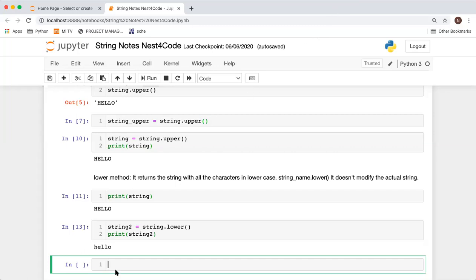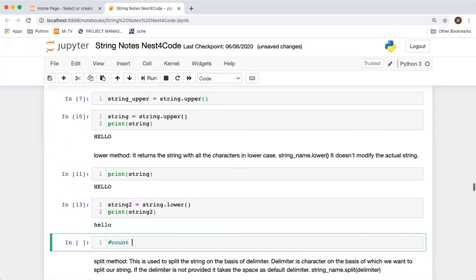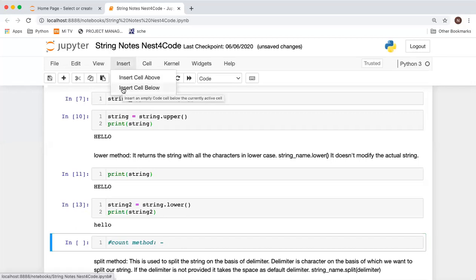One more method I wanted to talk about is called count. Guys, there will be a large number of methods in the string, but I will be covering a few important methods. So we have a count method also. What does the count method do? It counts the occurrence of one string in another string.